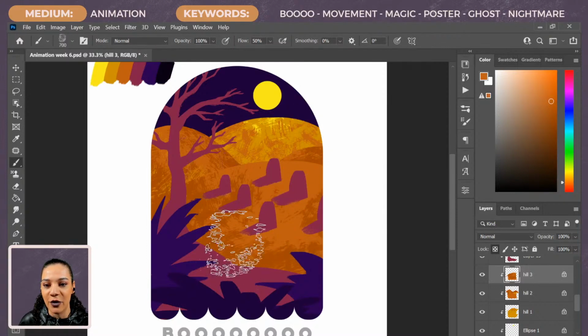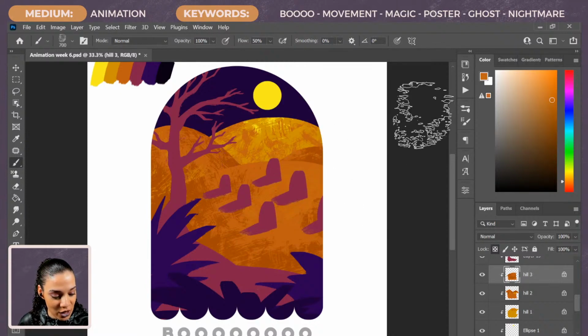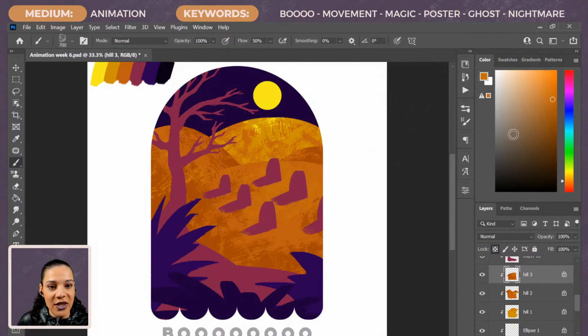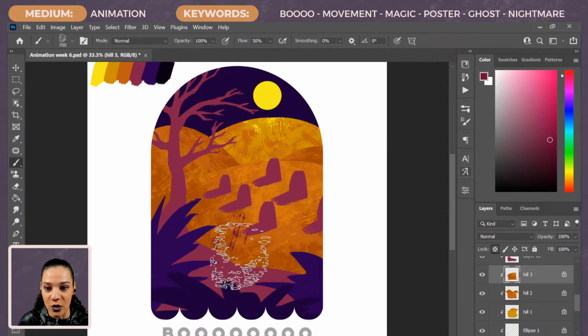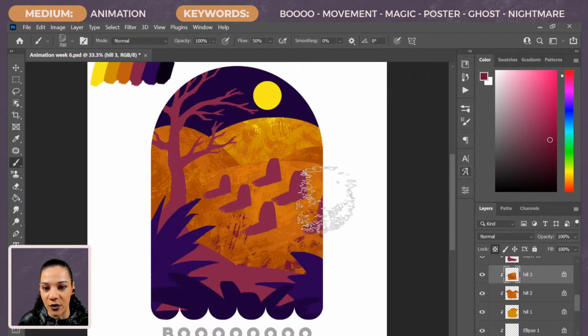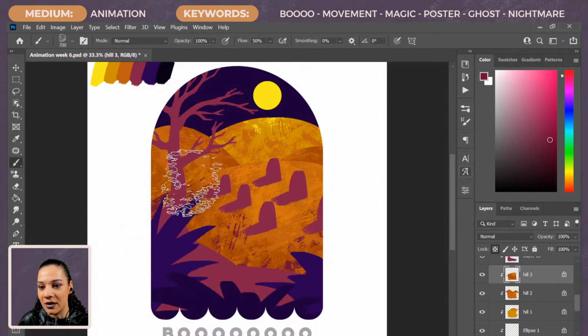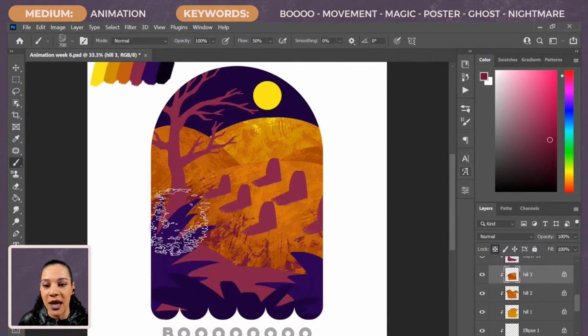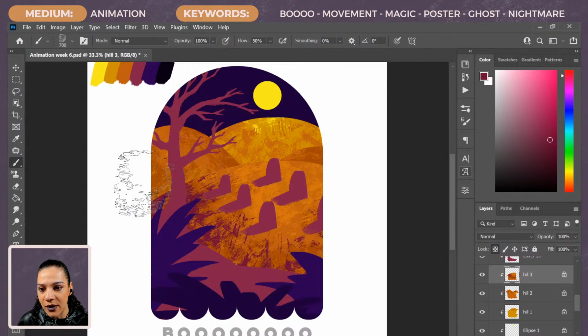That's one thing that you have to remember when you're using lock transparency, is actually remember to lock it, because if you don't, you will ruin your layer. Right now it's easy to do what I'm doing because I know that I'm not breaking the borders of anything I'm working on. However, if you don't keep that in mind while you're working, it's very easy to ruin it, because if the layer isn't locked, then you can very easily change the shape that you're trying to paint within, and we don't want that.